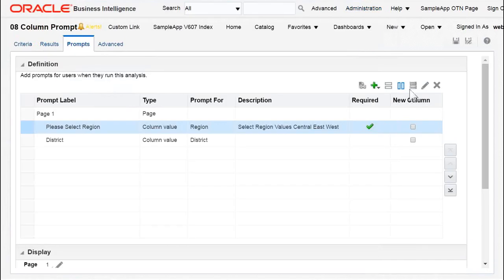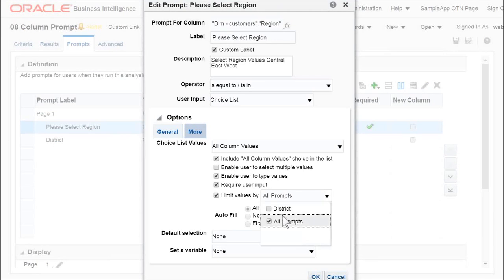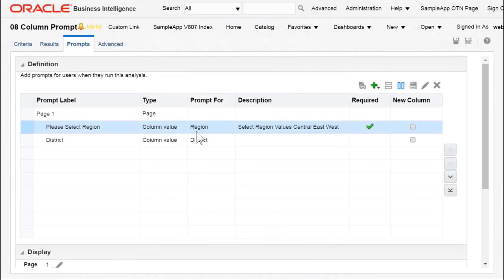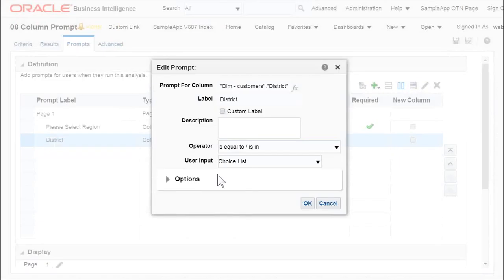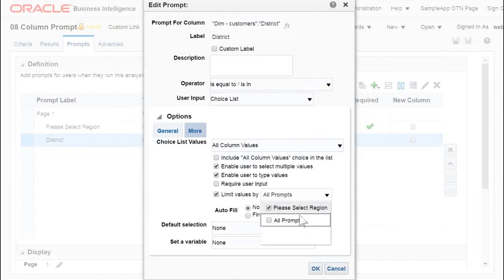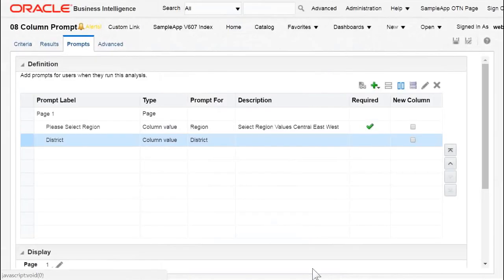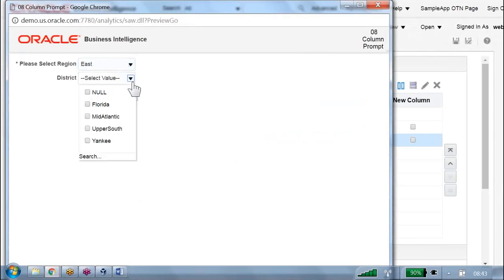You have to go here and select "limit values by" the column called region. I select the district column, click on edit, then go to the options, and under limit values by, select region. Now I selected that one. Okay, now click on preview. Now observe, if I select East, you can see only East-related things, or not. If I select, let us say, null, you won't see anything here,